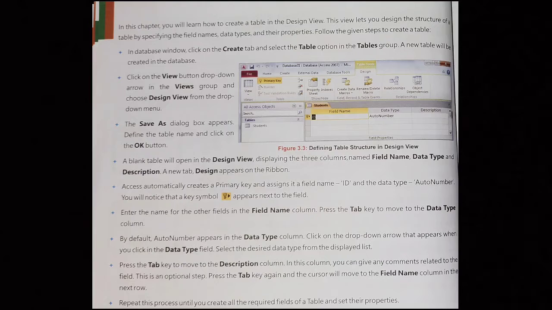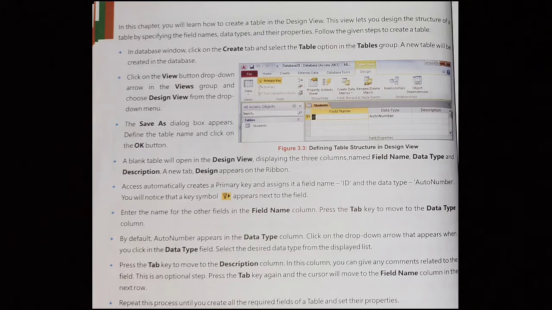And design view allows you to quickly add fields, set the data type to the field, and enter data into the field, all in a tabular layout that is similar to an Excel worksheet. So the Create ribbon offers three basic methods for creating a table.